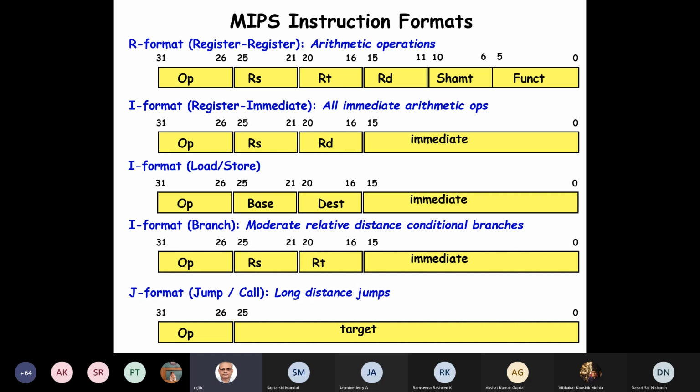So it's not really a PC relative addressing. The branch is a PC relative addressing because whatever offset address we get, we add that to the PC. I think we had seen that last time. So that's PC relative addressing.